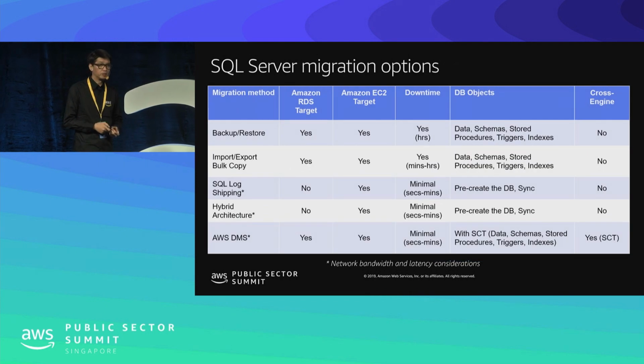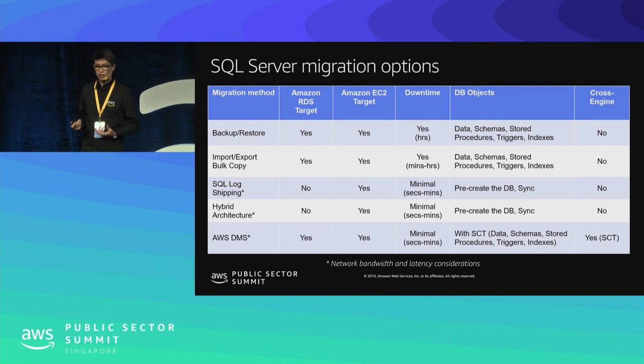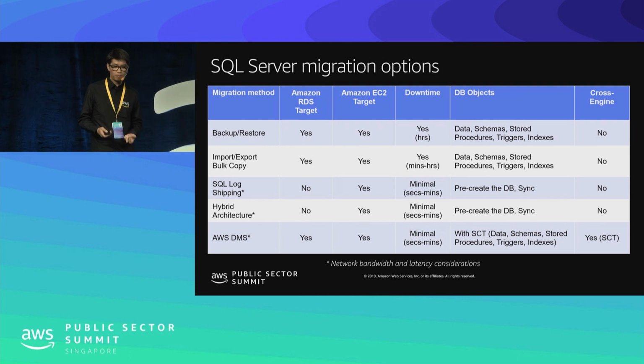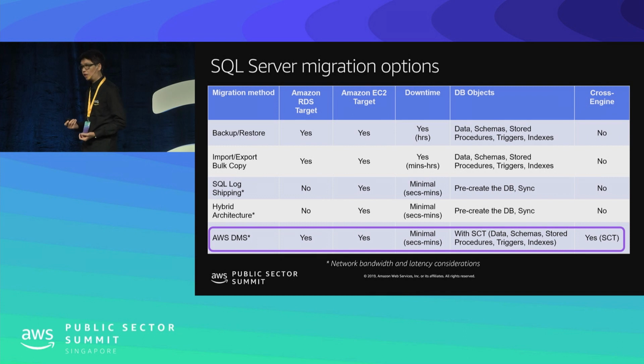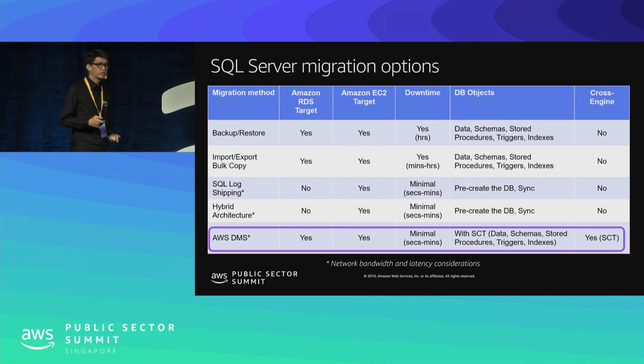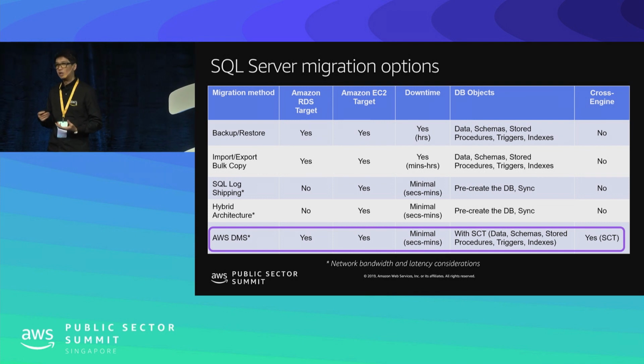So how about migration? We support the traditional migration of SQL Server from backup and restore, bulk copy, log shipping. All the key differences are the different downtime that you will face. Depending on how much downtime you are able to tolerate, you will choose the different patterns. But of course, we have something called AWS Database Migration Service. This allows you to do real-time migration, copying the data, the schema, the objects, the indexes, everything to Amazon RDS